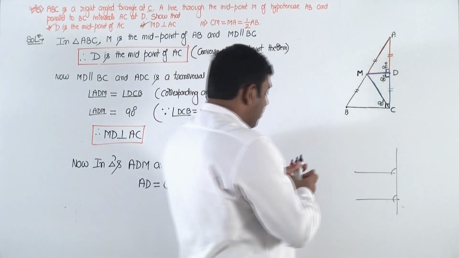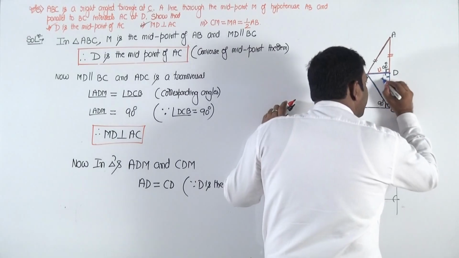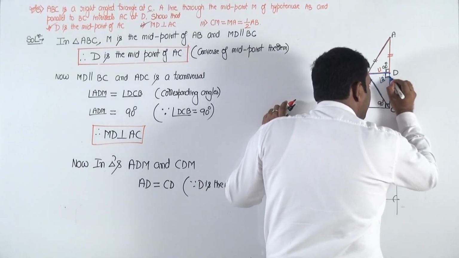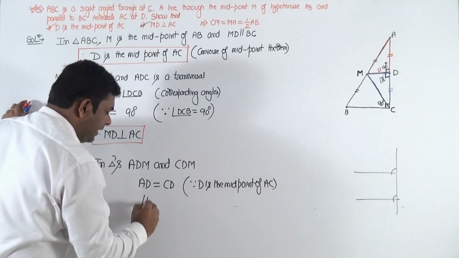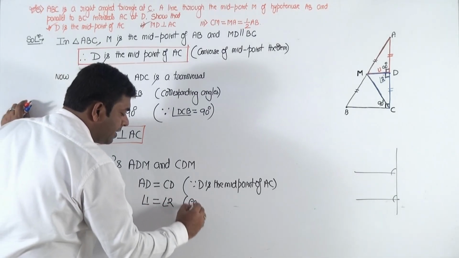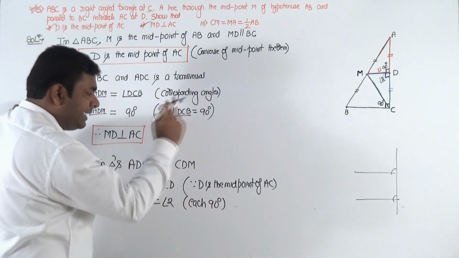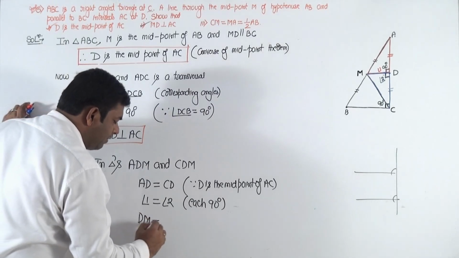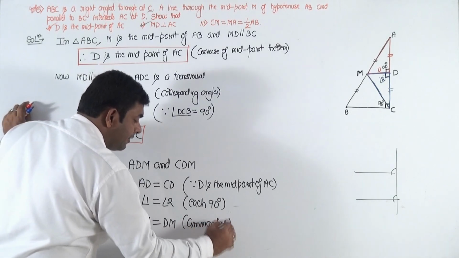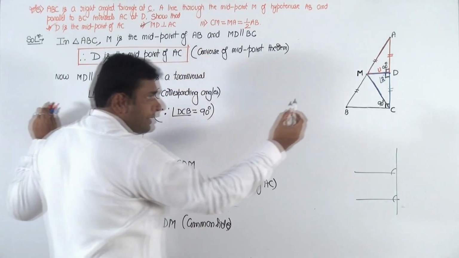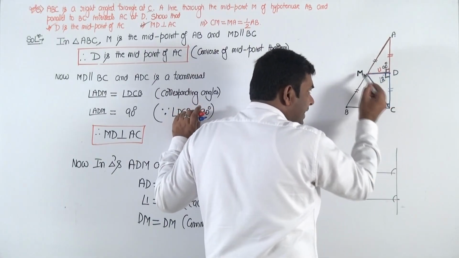Name this angle as angle 1, and name this angle as angle 2. So angle 1 is equal to angle 2, each 90 degrees, because they are perpendicular, which we have also proved. And DM is equal to DM, a common side in both the triangles. Common side. So by S, A, S,